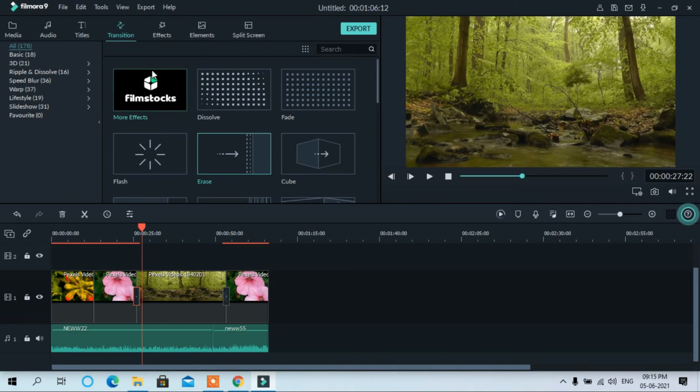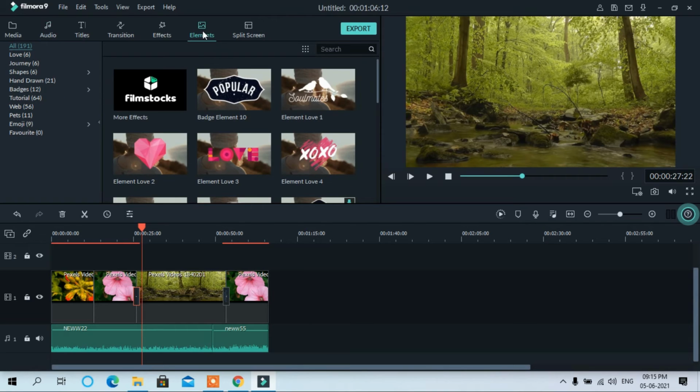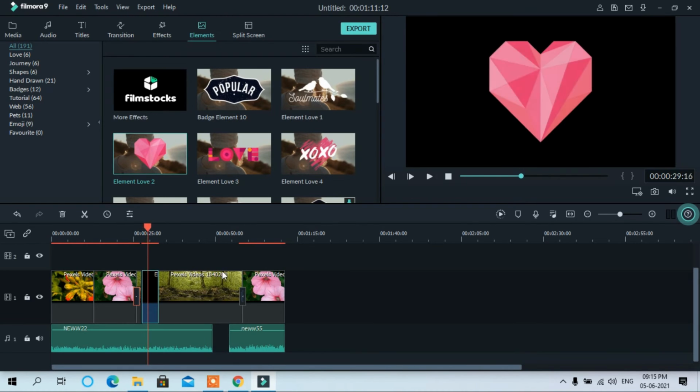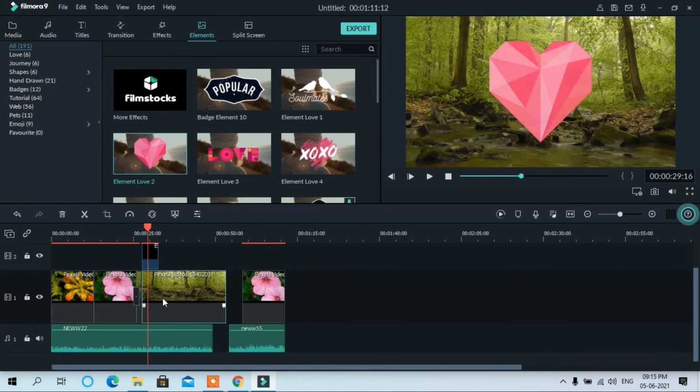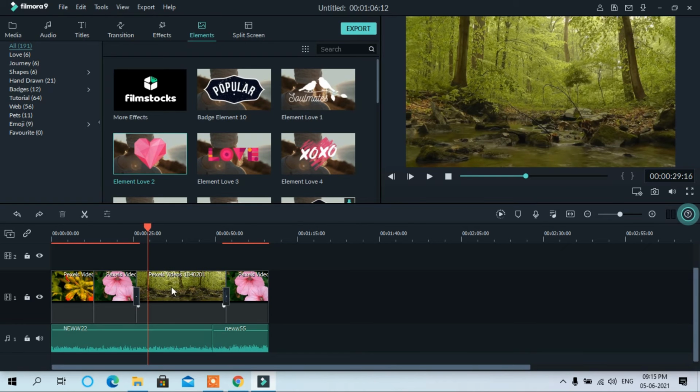Or for example, there is audio you have, for example, these elements. Or you can use these elements here.